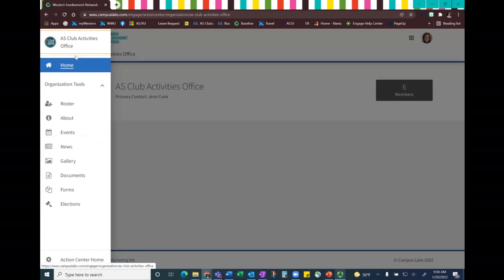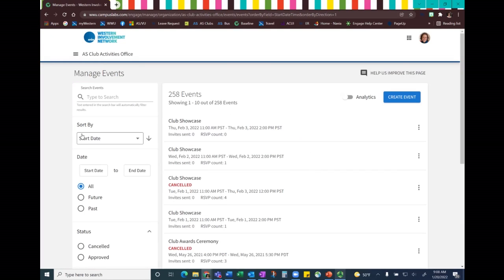Open the Organization menu to see the various tools available and go to Events. Here you will see a list of previous events created by the organization, as well as any that your organization was added to as a co-host. This will be where you can manage your posted event to review and manage things such as RSVPs, attendance, and pre- and post-event forms. To create a new event, click on the blue Create Event button in the top right,